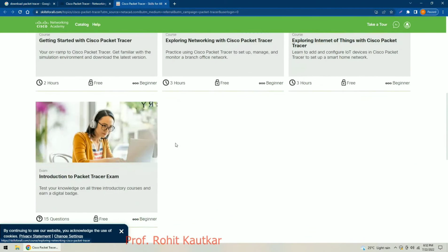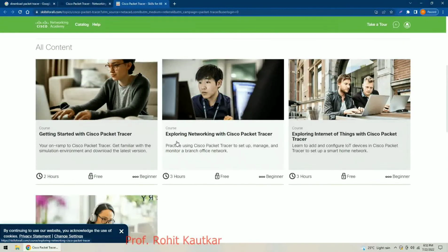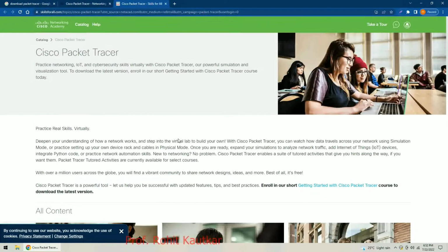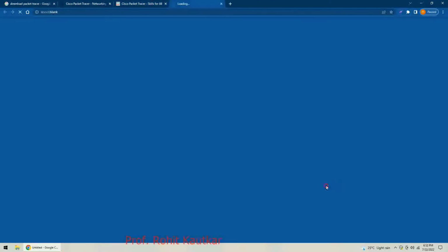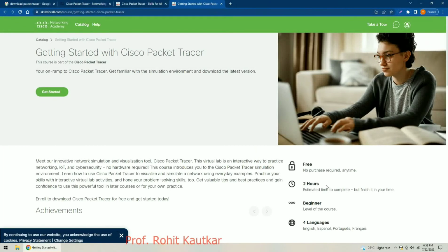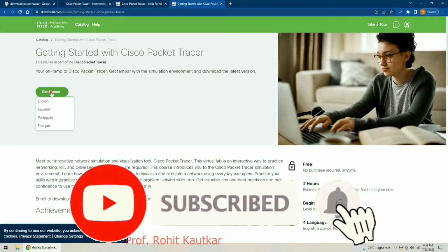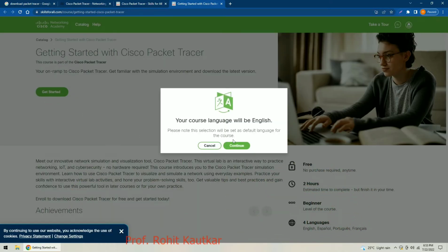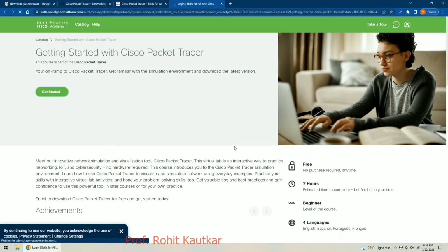So now you can see here you can enroll for this course and you will be able to learn Packet Tracer for free of cost. Okay, so here we will click on getting started with Cisco Packet Tracer course, and it will allow us to download the latest version of Packet Tracer. Now here we will click on get started and we will select language English. So we will click on continue,